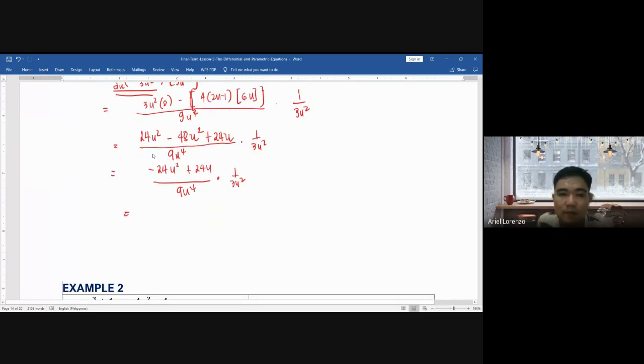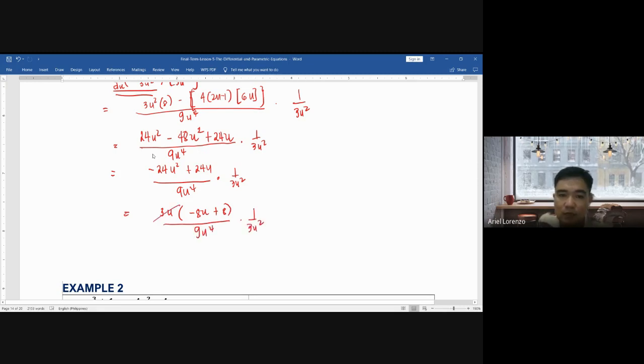Ano na to? Ilabas ko ay 3. So, magiging 3u, magiging negative 24. So, that is negative 8u plus 8 all over 9u to the fourth times 1, 3u